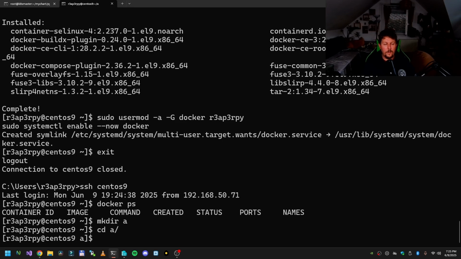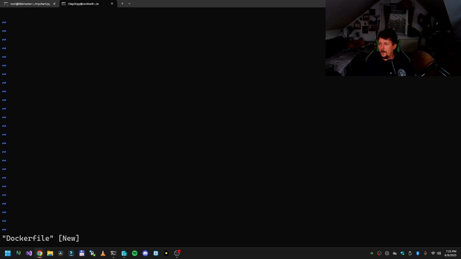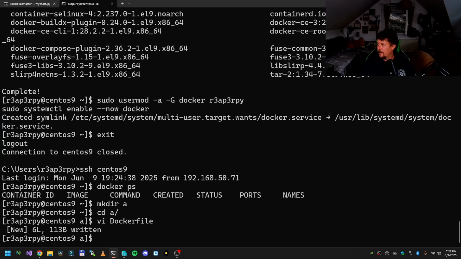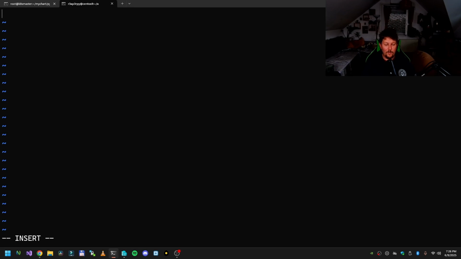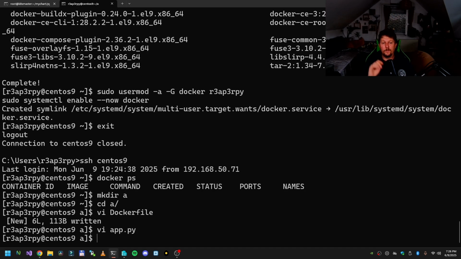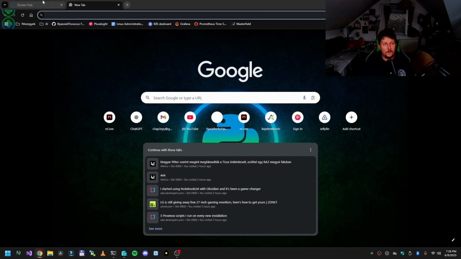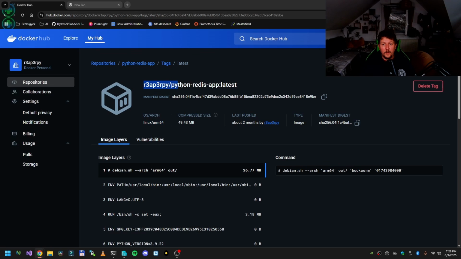Let's create a folder, and here we are going to have the Dockerfile. And inside the Dockerfile, I am going to reuse the values that I have from my chart and from the app.py. I am also going to reuse the application. And now I need to use the docker build -t, and I have to use the exact name. So here, this is going to be the app